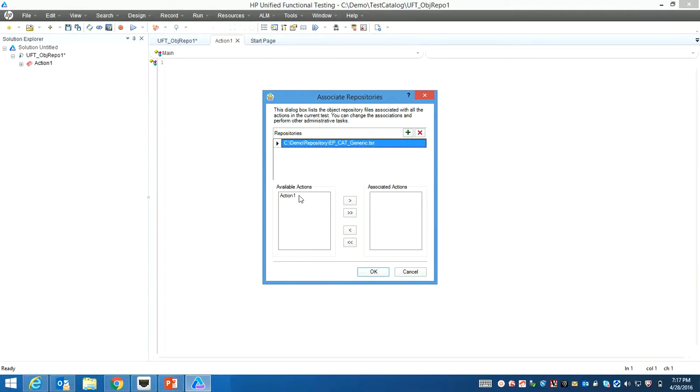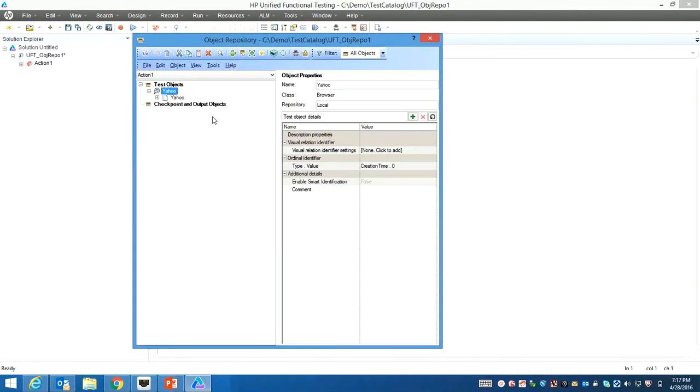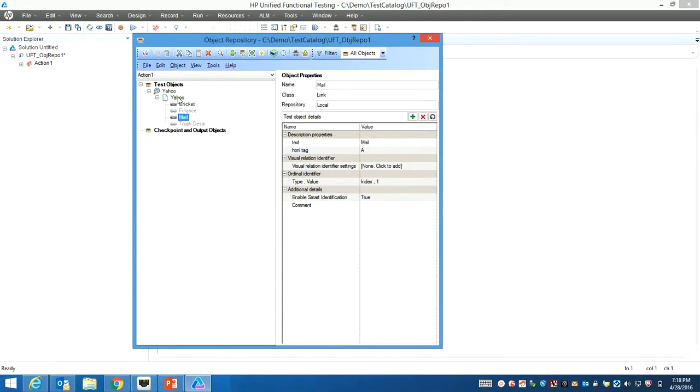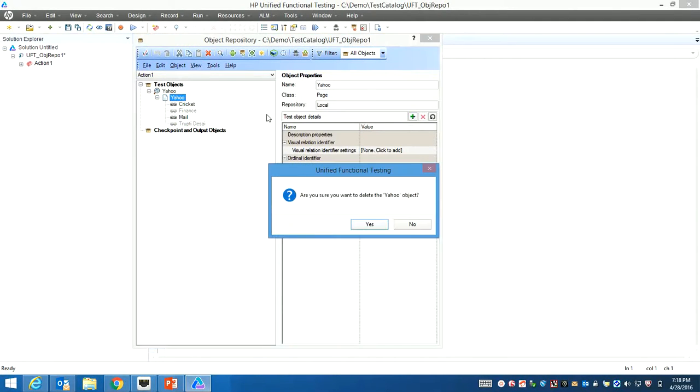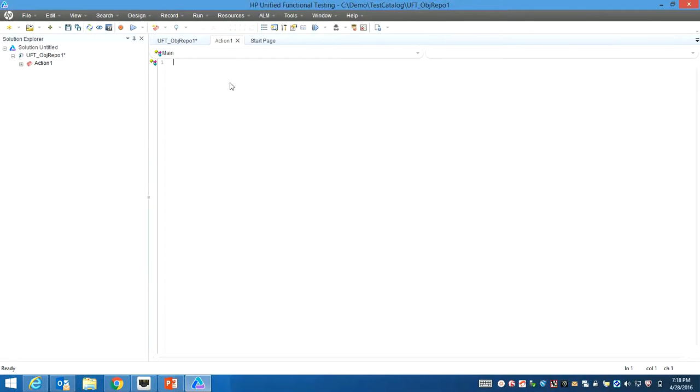Open action. I have all that. Let's add to it. Okay. You can see all the 4 objects are present. Now when I want to work on it, Yahoo page